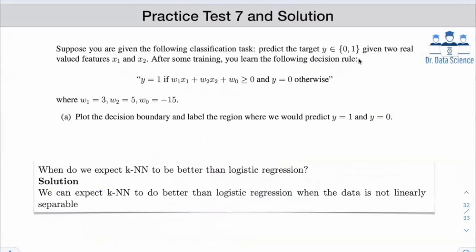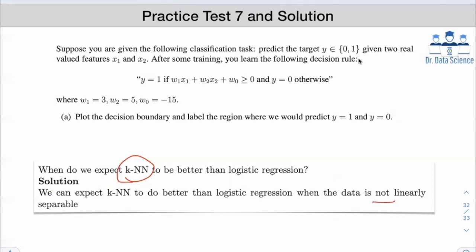And then let's look at another practice test question here that asks, when do we expect k-NN, which is k nearest neighbor, a very simple classifier where you just look at the k nearest neighbors and use that to figure out what the label of a query point is, to be better than logistic regression, right? So you can see that logistic regression works very well when the data is linearly separable, meaning that you can find a line to separate the data. So you can expect that k-nearest neighbor can do better than logistic regression when the data is not linearly separable,